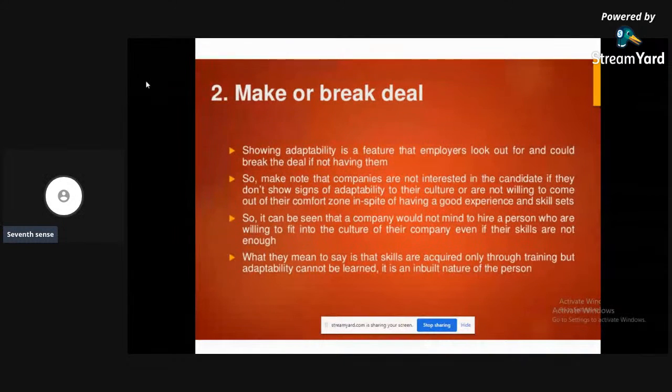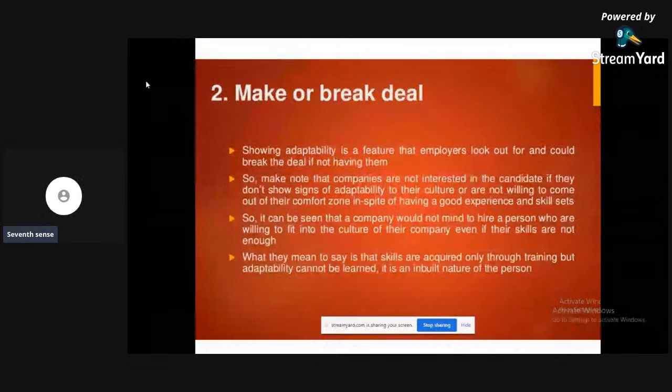If the employer sees that you are an adaptable person, in future you're going to level up your game. You're going to learn things and be eligible for the post.